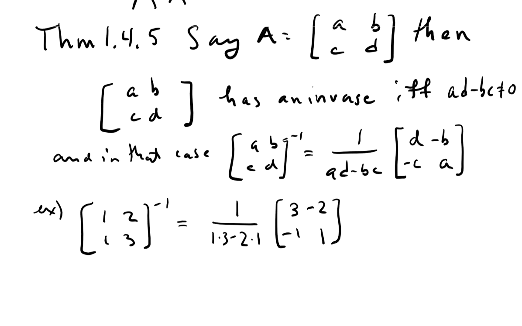And that's it. You get your inverse matrix. Usually what we do is try to distribute this scalar that stands in front of the matrix to the components of the matrix. But here we're kind of lucky because this is just 1. So the inverse is just 3, minus 2, minus 1, 1,